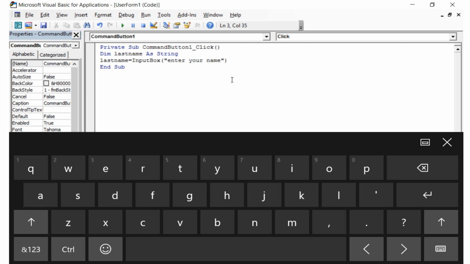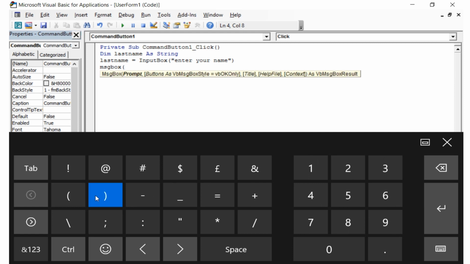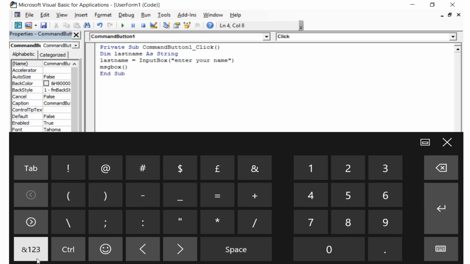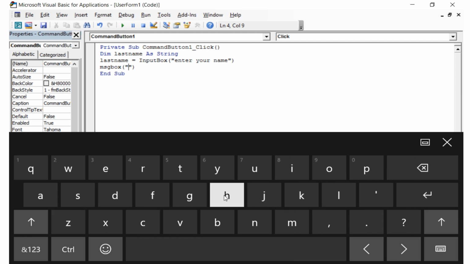Then to output the name entered by the user, we need MsgBox. So we have the function message box, and then we can give what we want it to display for us. You can give it in quotes. You can have an introduction string. Here we can say, maybe, Hello,